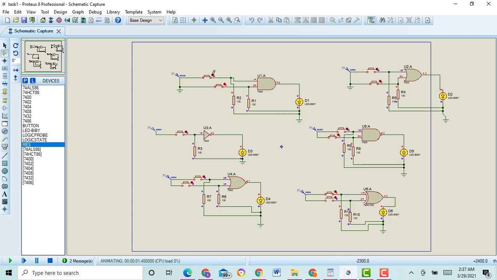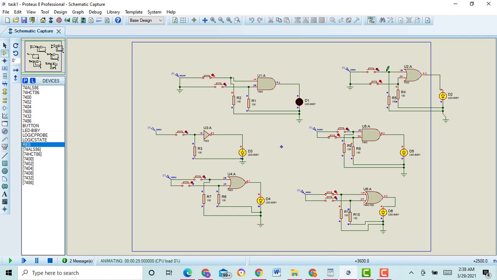Here you can see, you can follow my cursor. When I push both buttons of the AND gate, then the LED will glow. Here you can see, when I open this button, then the LED will be off. According to AND gate functionality, we should turn on both logics for glowing the LED at output.